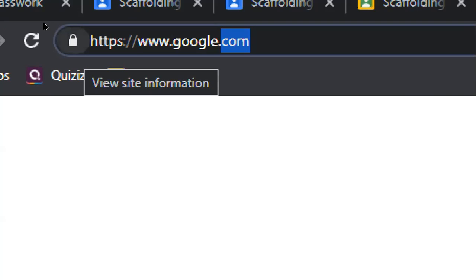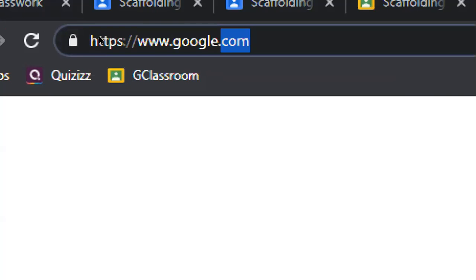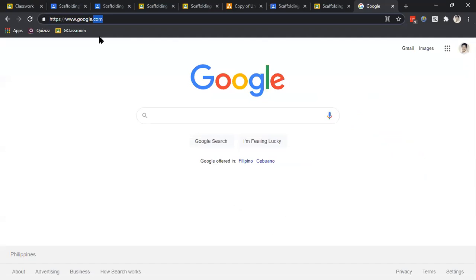So what does it do? The secure HTTP protocol encrypts the data that you input in this website. So if a hacker is using a tool called the packet sniffer, what the packet sniffer does is check connections or packets coming in and out of your computer. So one of them may be your username and password.